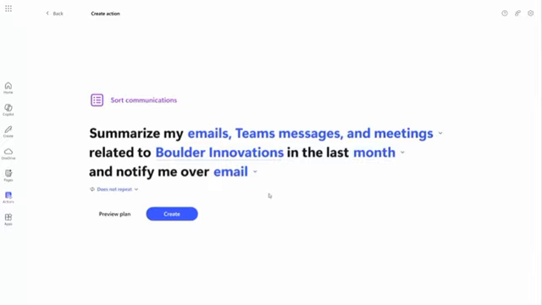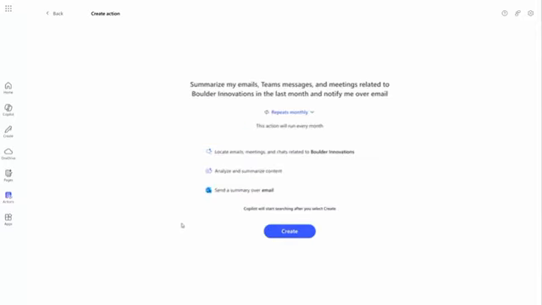And then I want this information to be notified to me in my email. That's where I go to check my information most commonly. And I want to get it on a monthly basis because I meet with Boulder Innovations once a month. I hit create, I get a summary of my Copilot